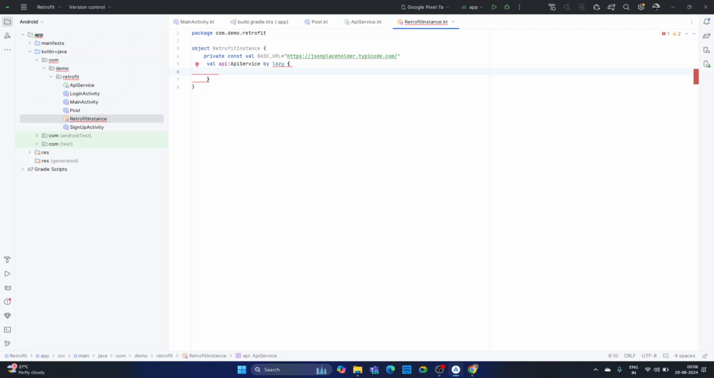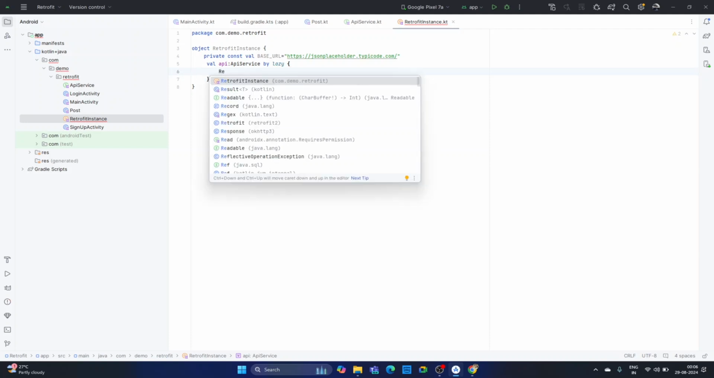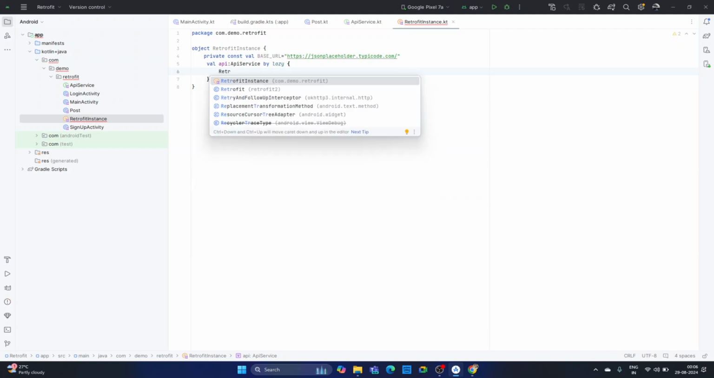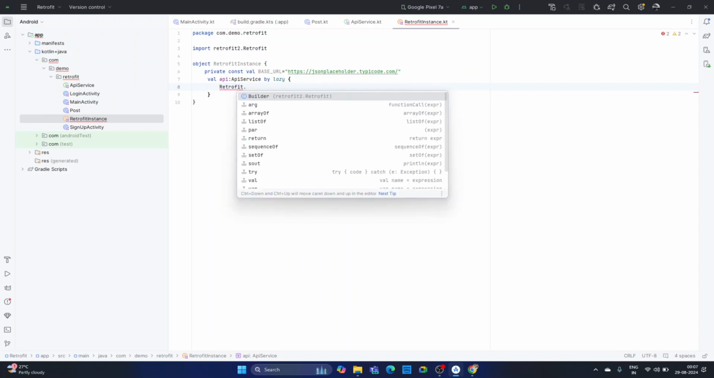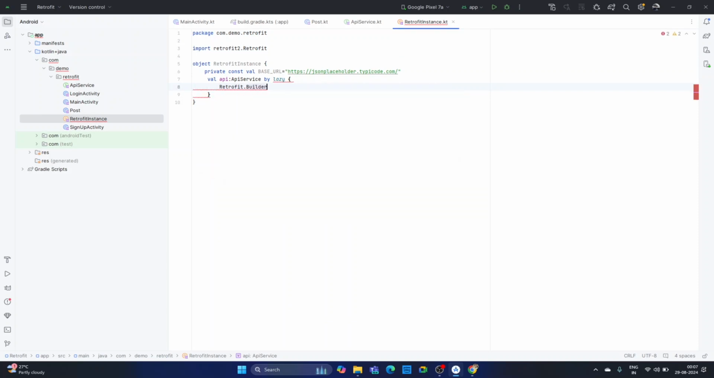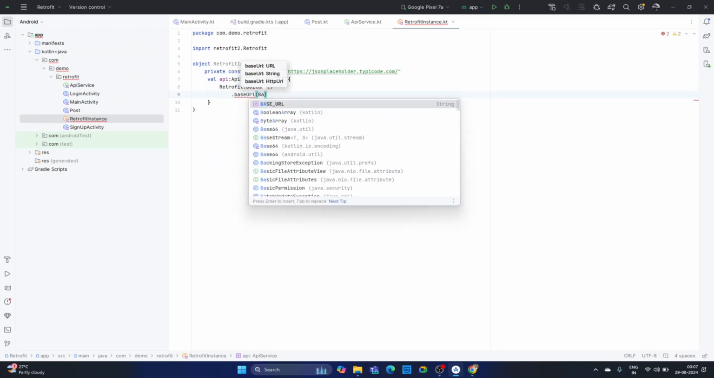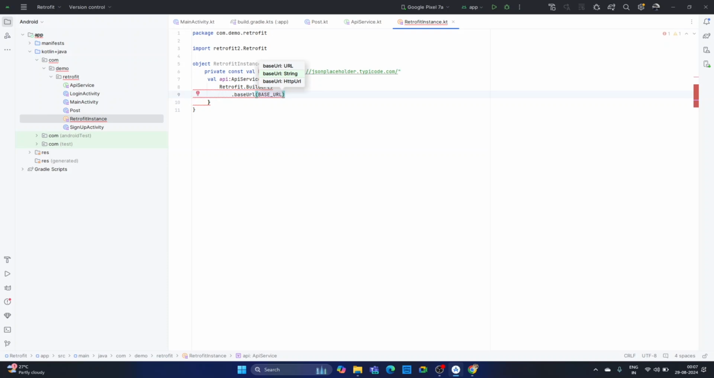So what we have to do? We have to create the Retrofit builder, Retrofit.Builder. Okay, and we have to use this base URL as well. What is the base URL? Which is the base URL that we have created above. And then after